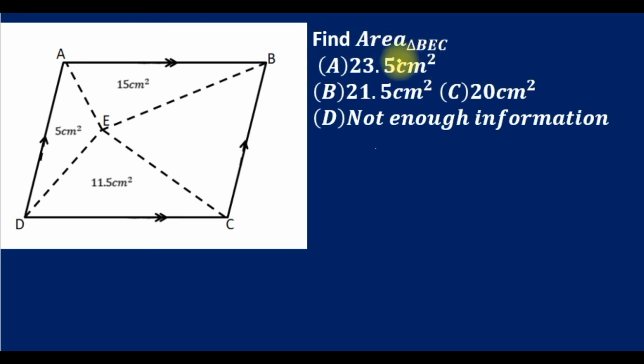Next, find the area of triangle BEC given the other areas. As you can see from the diagram, we have two pairs of parallel sides. This is parallel to this, while this is parallel to this, making ABCD a parallelogram. There's one property of a parallelogram that states that in any parallelogram, the area